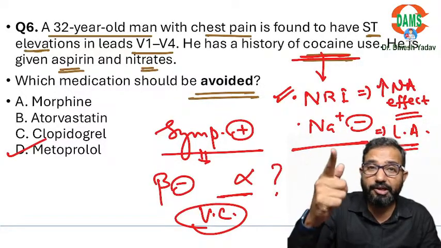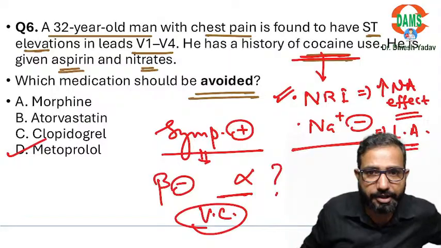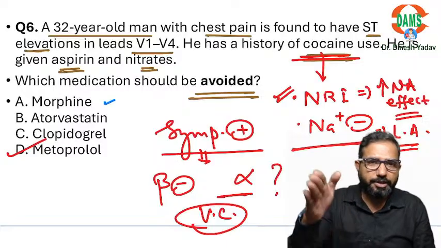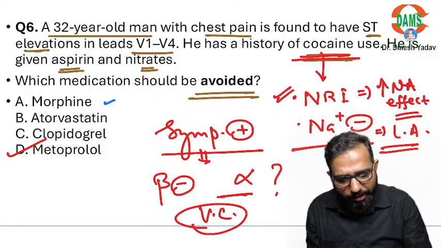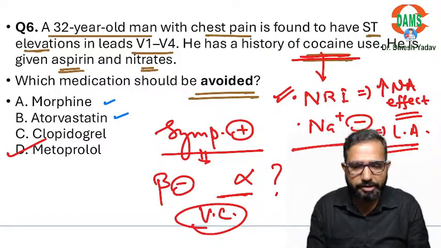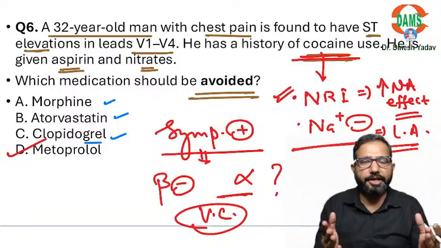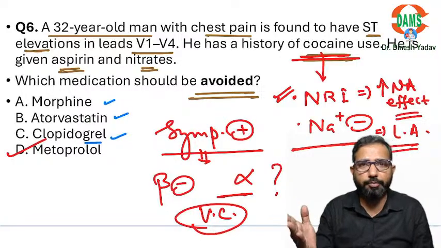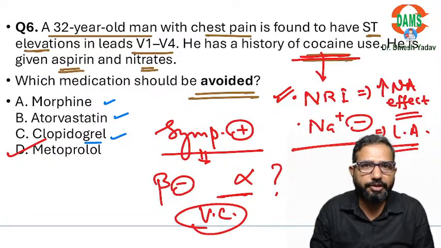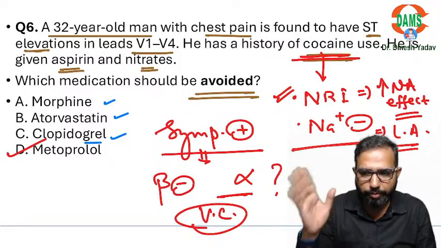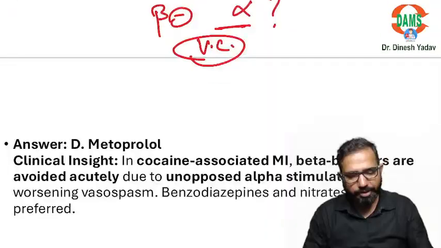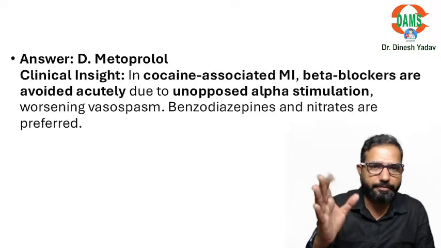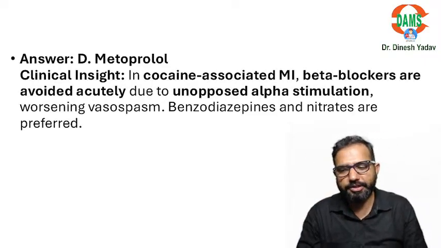Which drug we use? We use the clonidine. Clonidine is a central sympatholytic. You can use the morphine. Morphine is a sedative drug. You can sedate the patient. You can decrease the heart rate by using the morphine. You can use the atorvastatin, there is no harm of using the statins. You can use the clopidogrel, there is no harm using the antiplatelet drug. But metoprolol, beta blocker, just imagine beta blocker is given, then unopposed alpha action, vasoconstriction, and that is not safe in this patient. This is the reason we never use beta blocker in these patients. Okay, so that is the correct answer. Metoprolol, unopposed alpha stimulation leads to sudden vasospasm, can worsen the symptoms of MI. Okay, so this is the reason, bachcho.